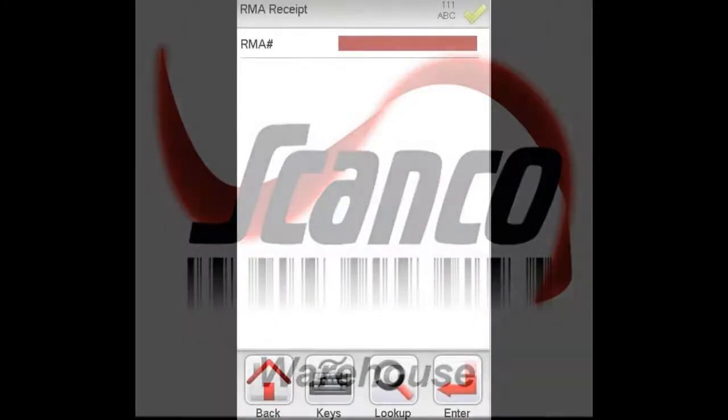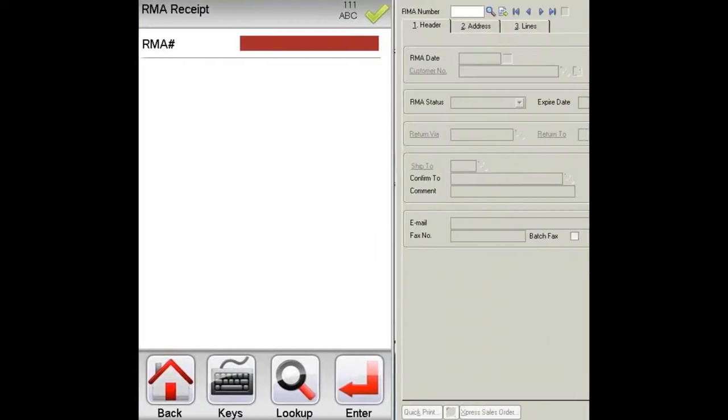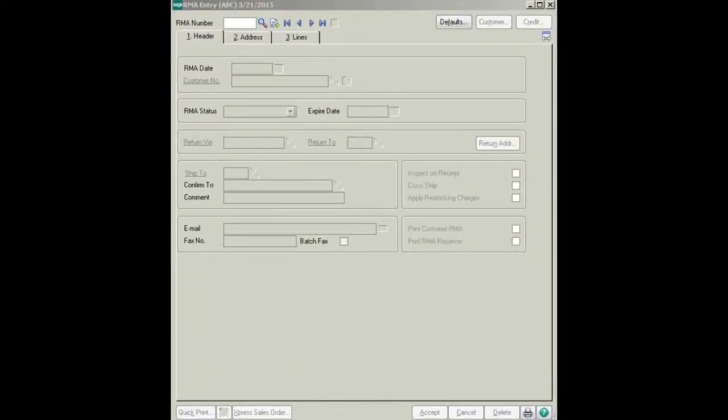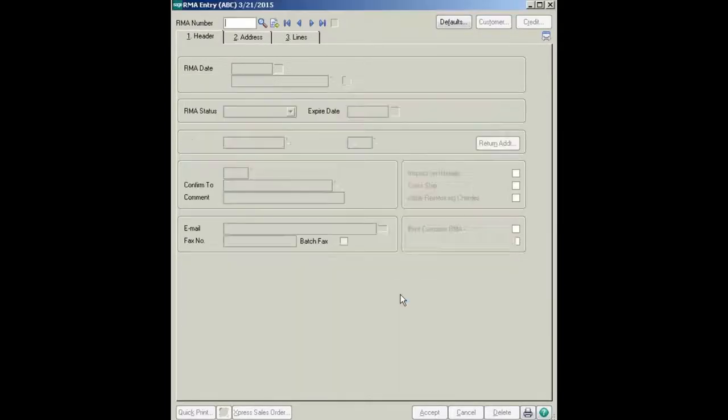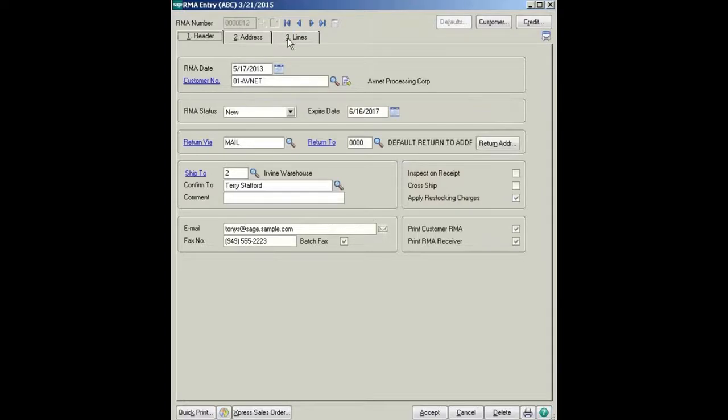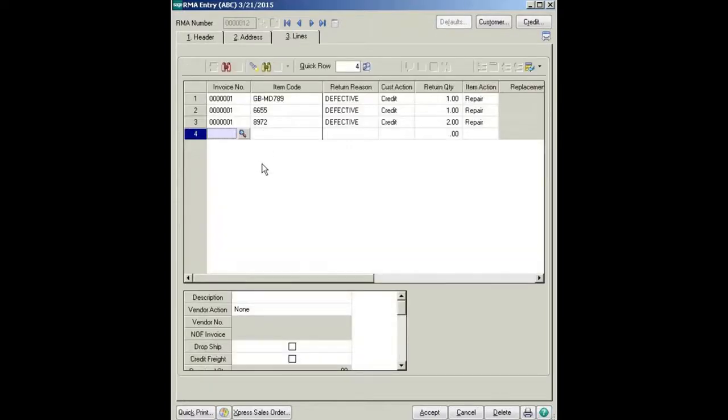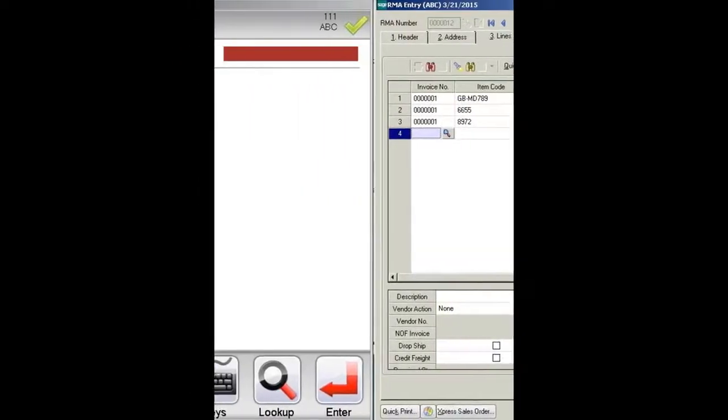I'd like to show you how to do an RMA receipt with the Scanco product. First, I'll start off by showing you my list of RMA that I have open here in Sage. I'm going to work with this one I just entered. It has 3 items on it, and those are ready to come back in, so I'll move over to my